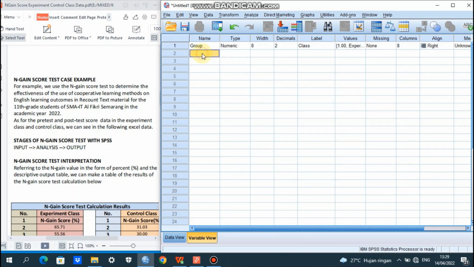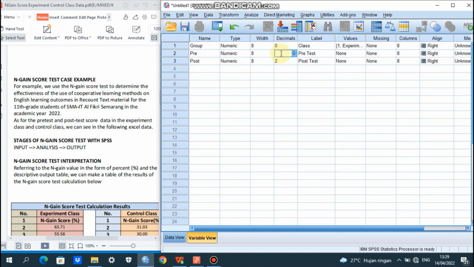And the next, we type here pre, the label we have pretest, and then here we type post, and the label here post test. And for the value, we do not need to type the value here, but for the decimal, we choose 0.